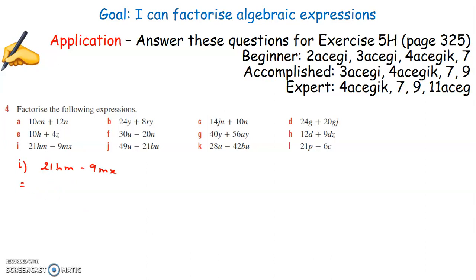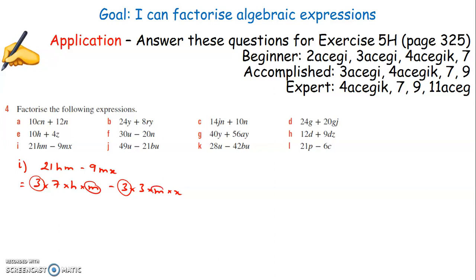So 21 and 9, so 3 can go into both, right? So 21 is 3 times 7, and then times h times m, minus 9 is 3 times 3, then times m times x. So we can see that it's got one number 3 and one number 3 here,